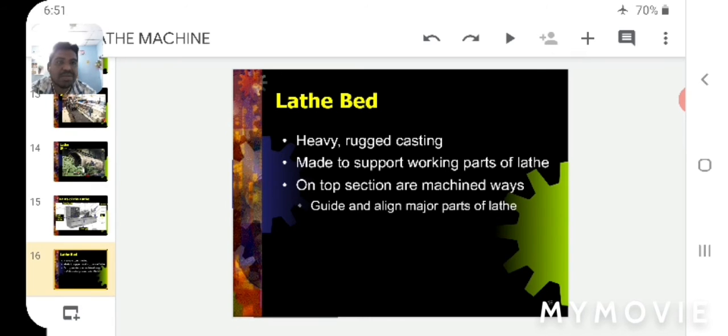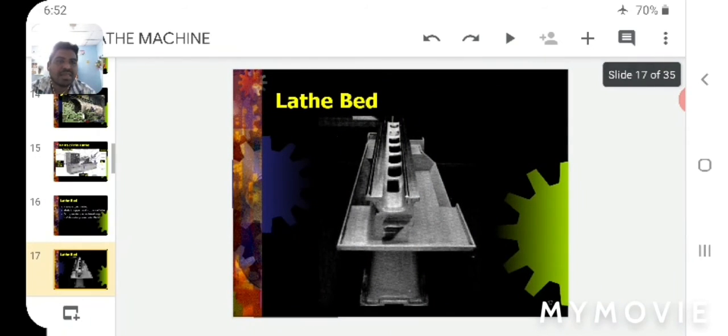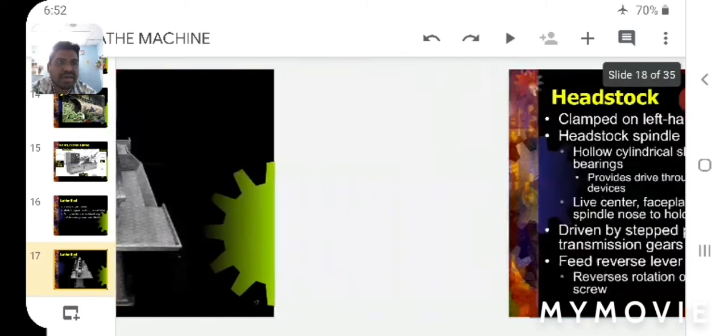That's why it should be made of casting. You know casting: the meaning of casting is pouring molten metal into a cavity in order to acquire the required shape. In the top section are machine ways, which guide and align the major parts of a lathe. Now we are seeing the lathe bed figure.